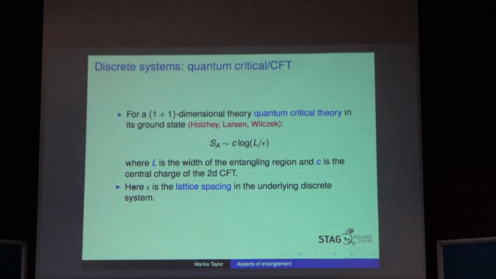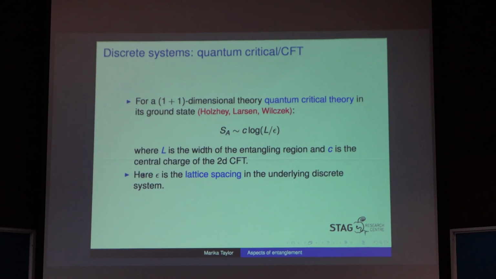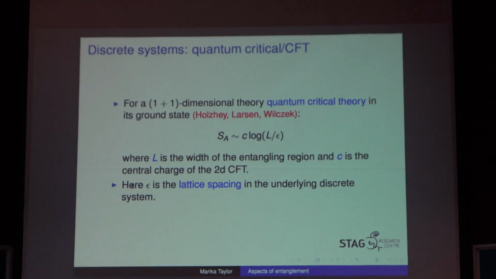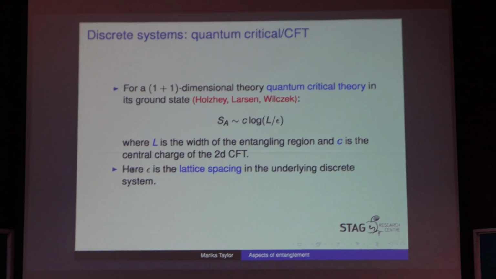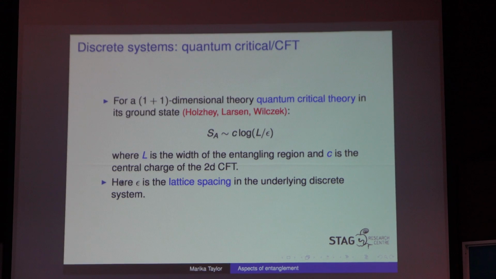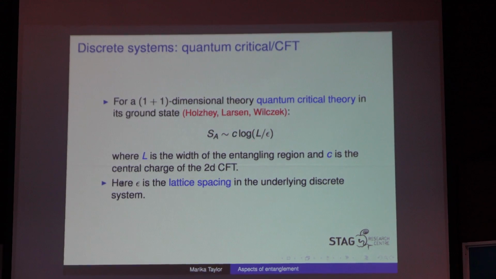So we also understand the central charge in terms of the trace of the stress tensor of the conformal field theory when you put it on a curved background. The central charge c also shows up in the two-point function of the stress energy tensor. So it's the defining feature of the conformal field theory, which counts the number of degrees of freedom of the conformal field theory. But now L is a quantity which has a length,